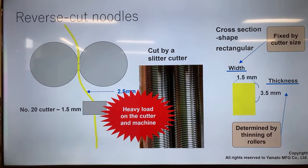And then to make reverse cut noodles, we are cutting dough that's thicker than the width of the cutter we are using to cut it. So, for example, 3.5 millimeter thickness, and in this example that's a number 20 cutter, 1.5 millimeter width. So it has a large thickness area. And when you're cutting this type of noodle, we not only have to have this special slitter cutter, the deep groove cutter, but we also need to have a